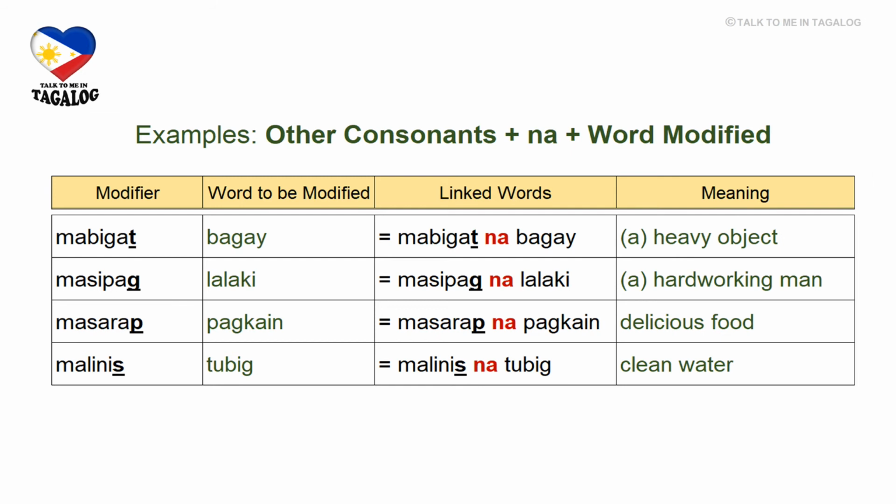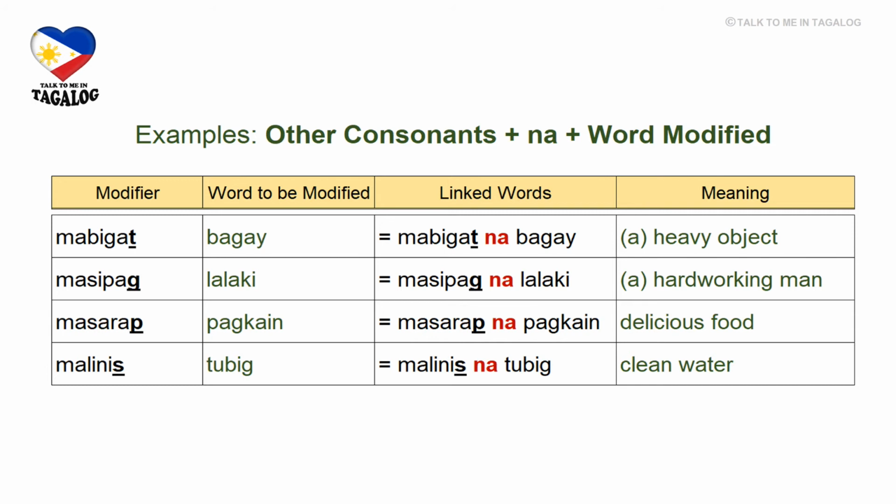Let's take a look at other examples where we are going to apply rule number 3, or for those words ending with other consonants. Mabigat, meaning heavy. Bagay, meaning object. To link these words together, we add na between the two of them. Mabigat na bagay, a heavy object. Masipag, meaning hardworking. Lalaki, meaning man. Together, they become masipag na lalaki,